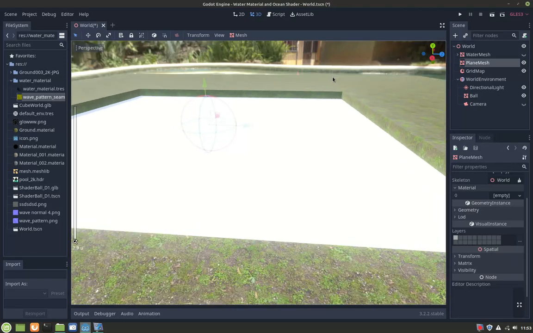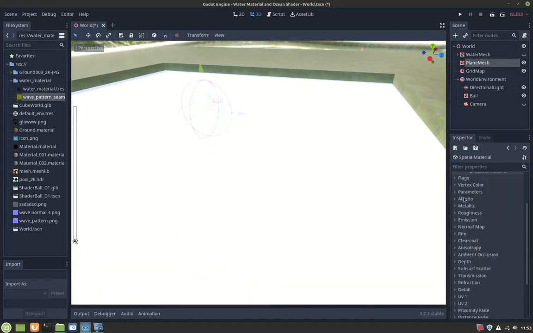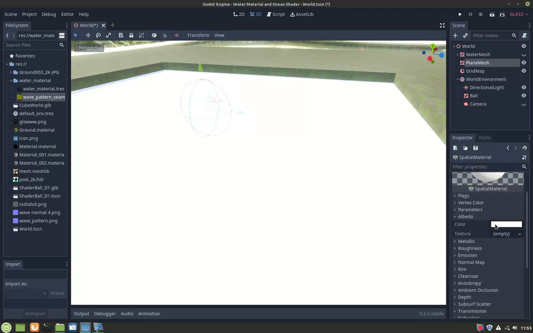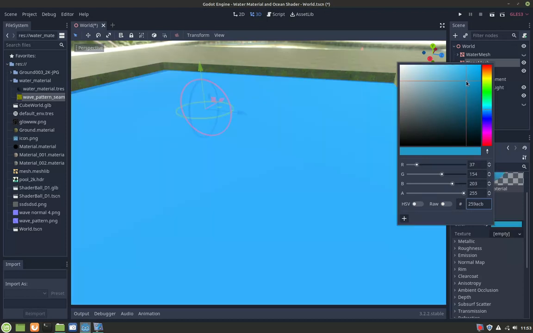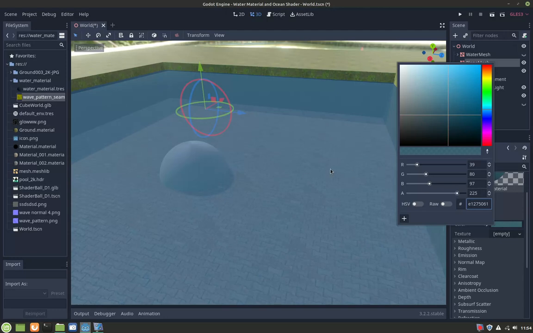So this is just a plain mesh. Create a new special material, and in the flag you need to enable the transparent so that our material will be transparent when we lower the alpha value. Change the albedo color to something bluish, and also reduce the alpha value. The alpha value controls the transparency. The lower the value, the more transparent our material will be. So lower it a bit. I think this is good,